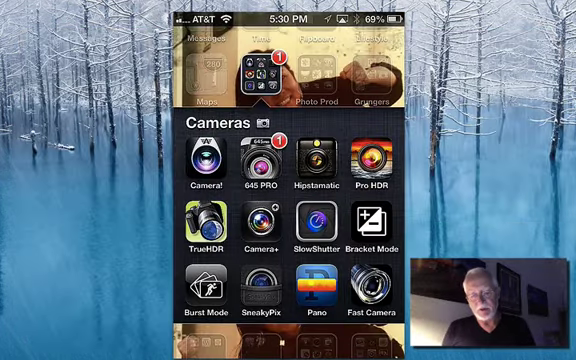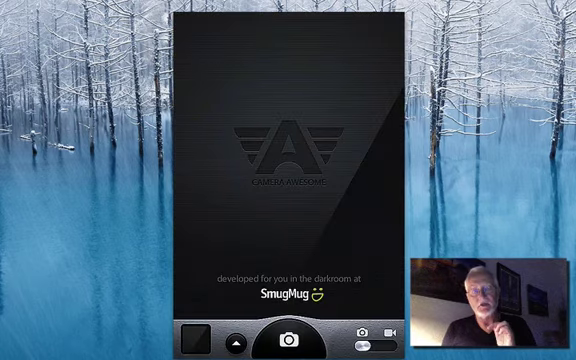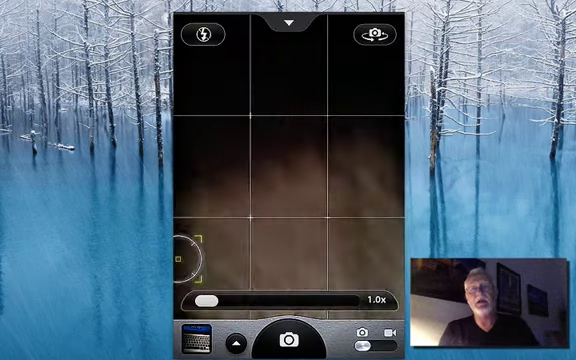So here are a couple of camera apps that I would recommend, and these are a couple of apps that I use quite often, depending on what I need. So the first one is a free app. It's called Camera Awesome. It's by the people at Smugmug. And if you don't know Smugmug,